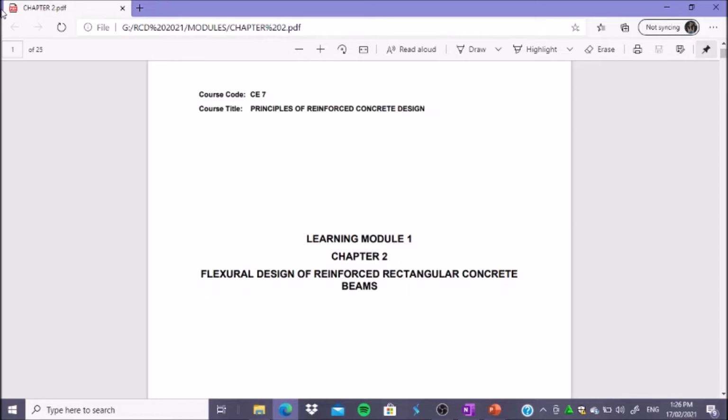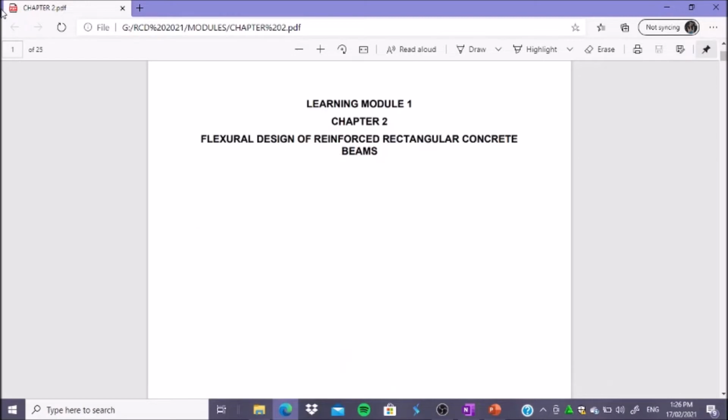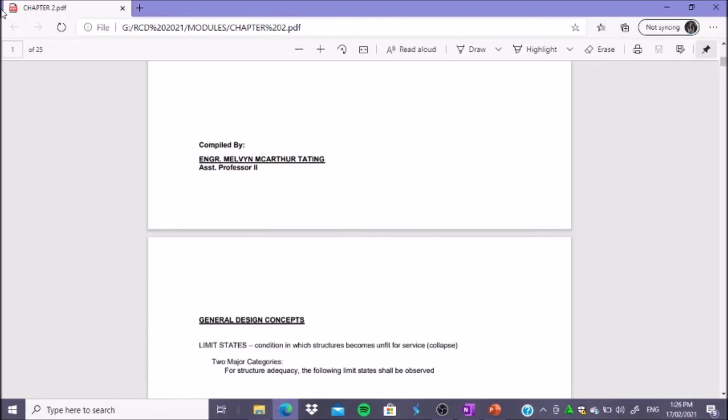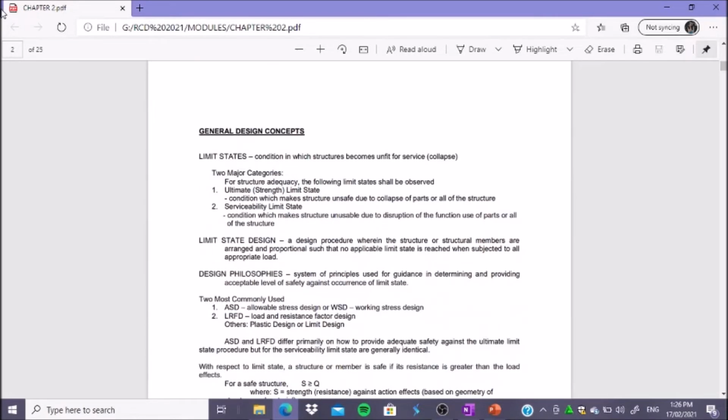Let's proceed with chapter 2. And this is video number 1 of chapter 2. Chapter 2 is flexural design of reinforced rectangular concrete beams. So general design concepts, we have the so-called